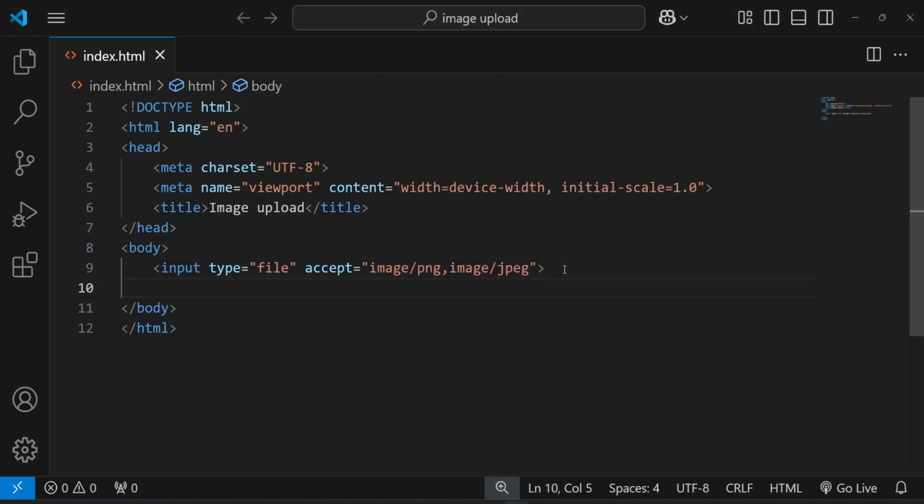Also I'm using a div tag. You can shortly create a div tag with dot display image and press enter. This is to display the image. And also